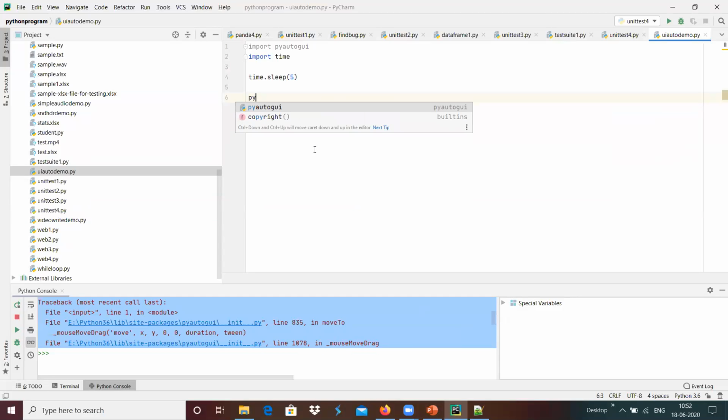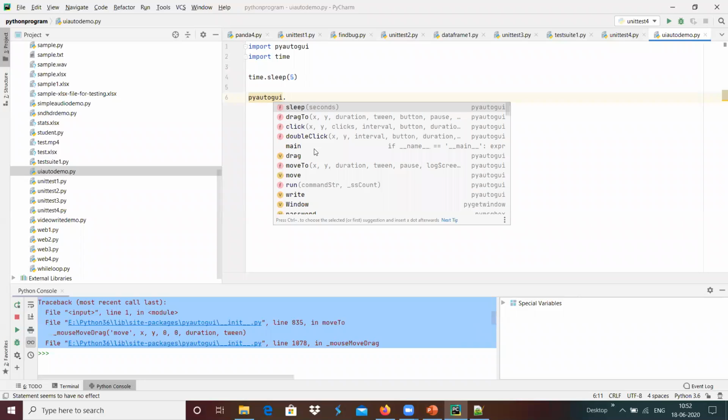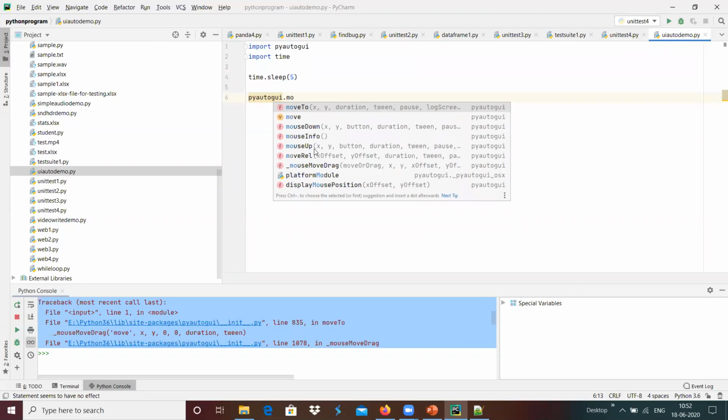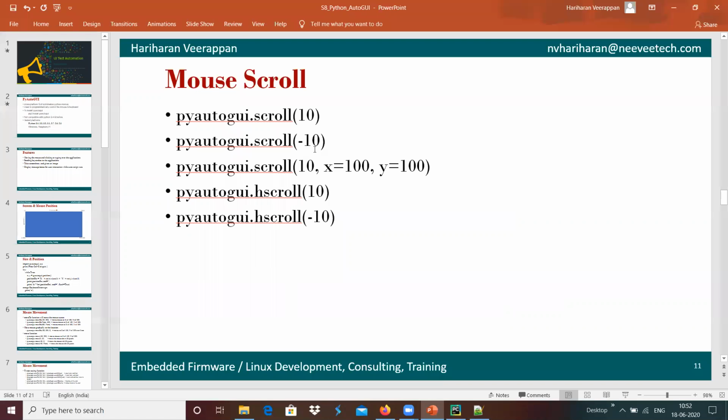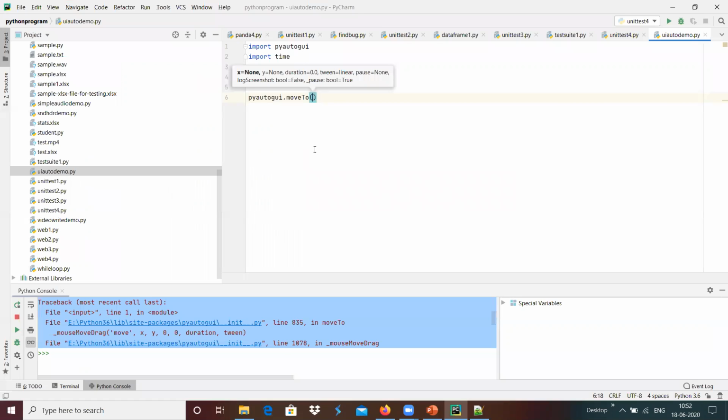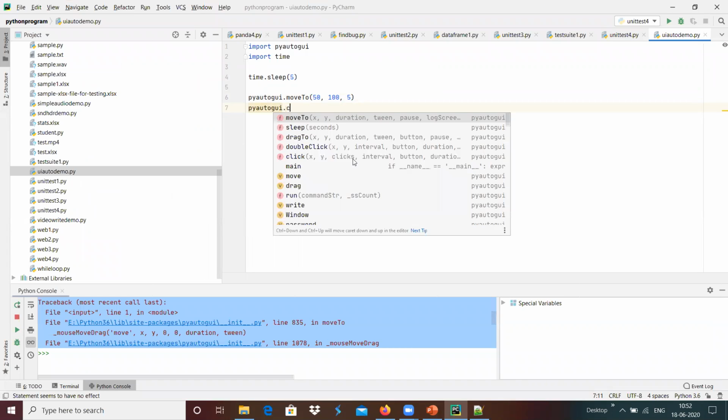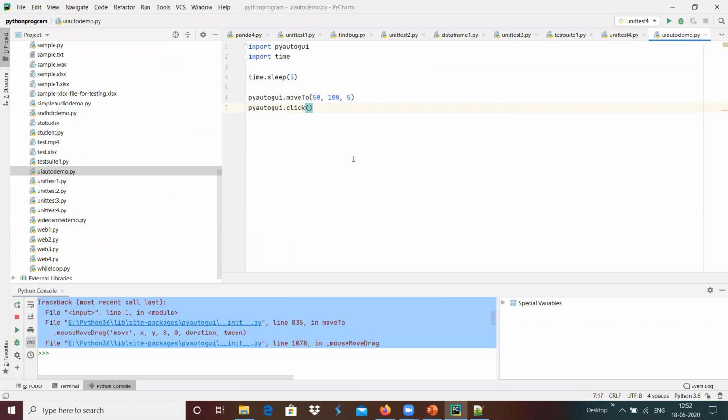And once it is done, maybe I'm going to use pyautogui.move to maybe, something like y is 100 and x is 50, comma 100 over here, and sorry, it becomes 1000. I'm going to use some kind of animation, 5 seconds, and then I'm going to use something like pyautogui.click over here. At that location, it's going to generate a click over here.